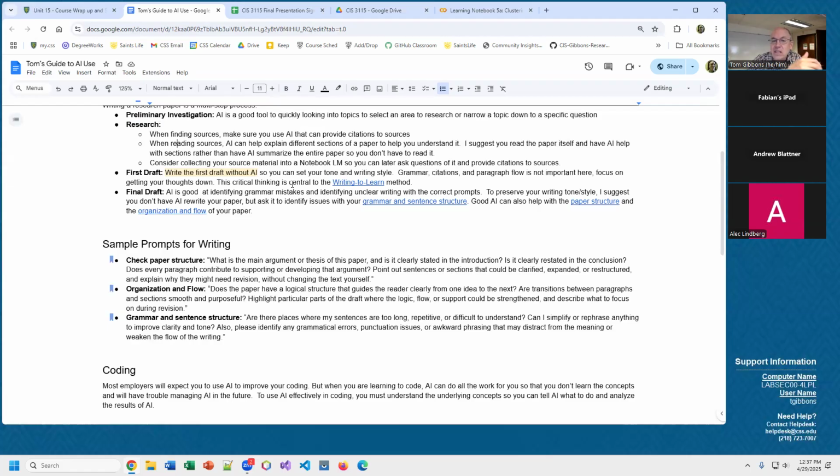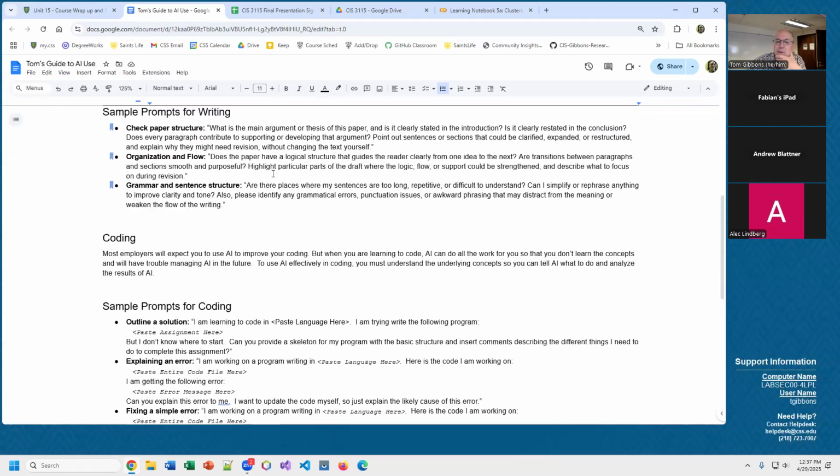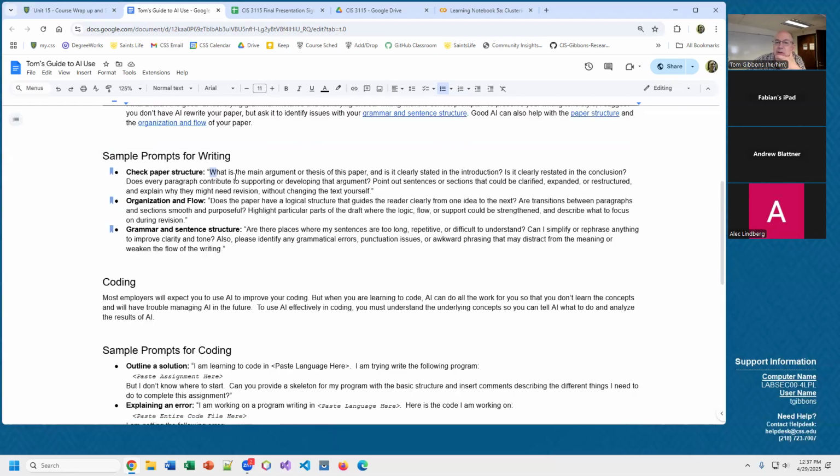And I think this is, again, one of these areas where you don't want to have AI just writing this for you. You're not going to learn as much. So you want to make sure you have your own voice and tone in this paper. So you want to probably write it yourself and then ask AI for ideas. So again, we have some example prompts down here